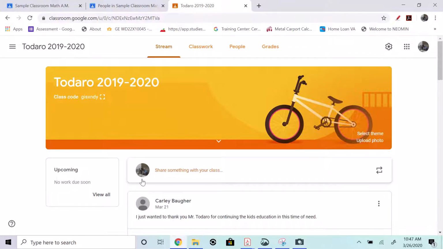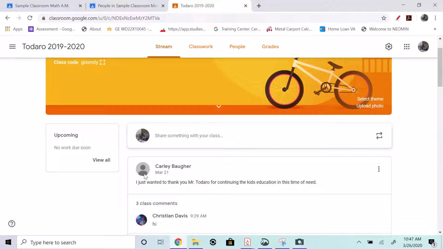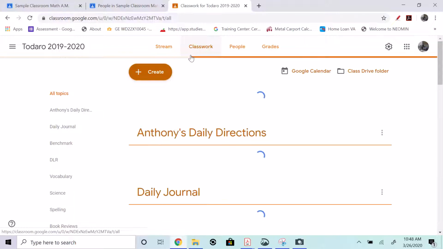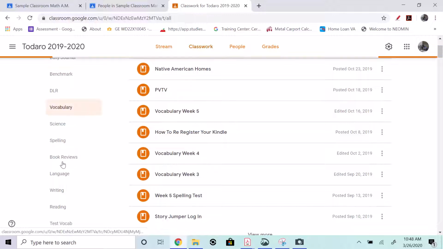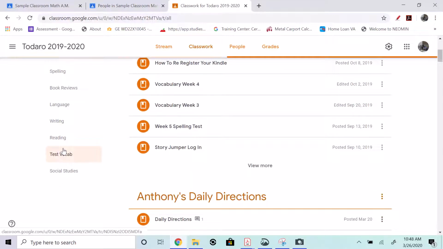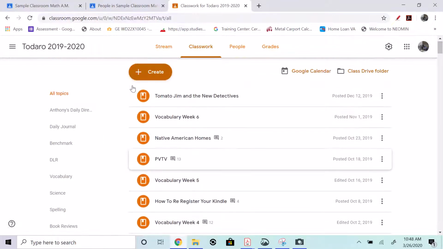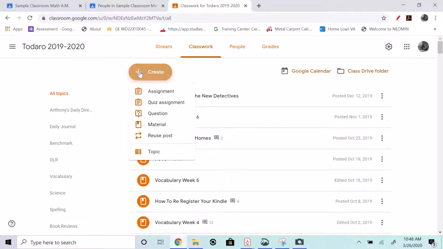What I use most of the time is classwork. So over here, if I want to create an assignment, here are all my different classes, the subject areas that I teach. And so when I'm creating an assignment, I hit create, and let's say I'll do assign. I use assignment mostly because it's all encompassing. It does everything these will do. But I hit create assignment,